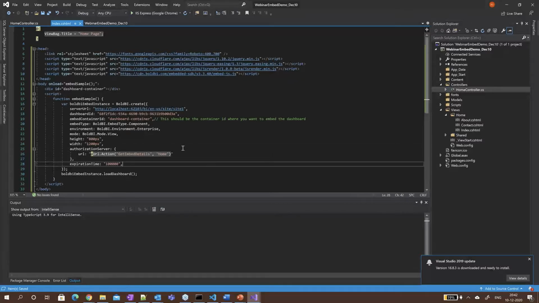And that's it. We have done enough steps to embed the dashboard. Let's run the sample.